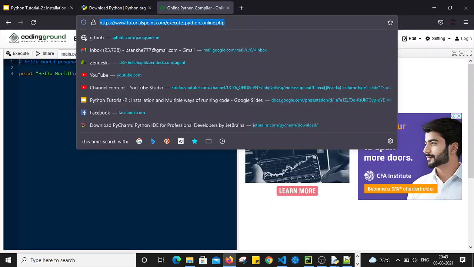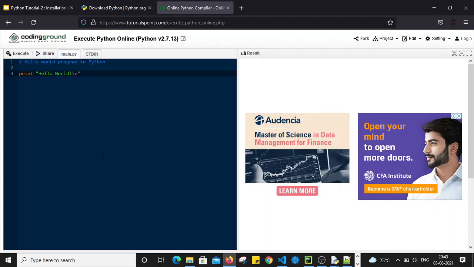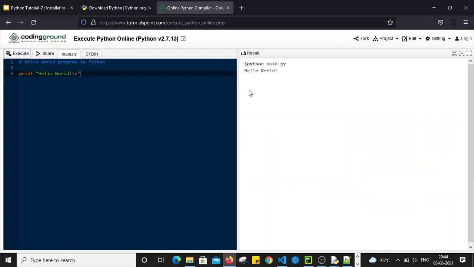If you simply go here, I can type the Python code and execute it. If I click on execute, it will simply execute our code.